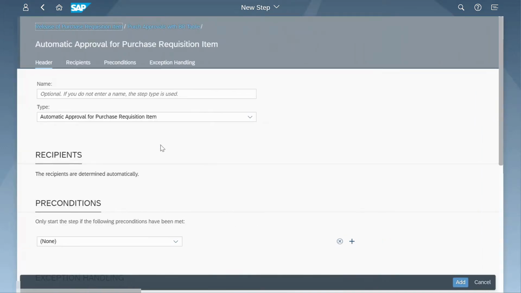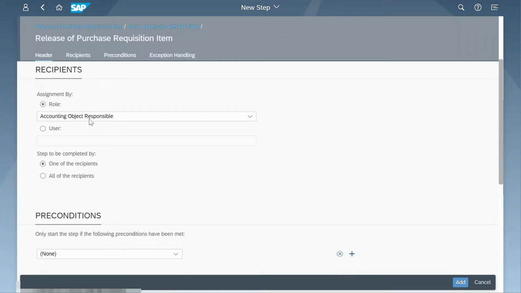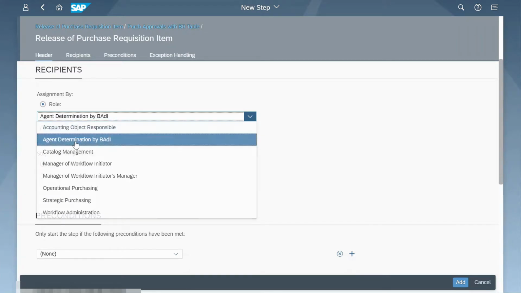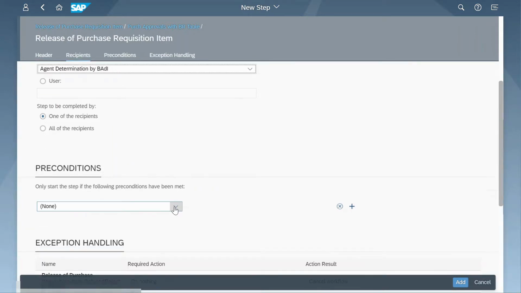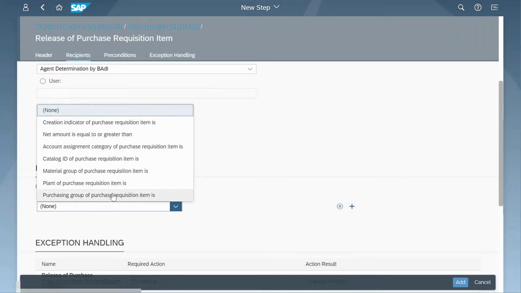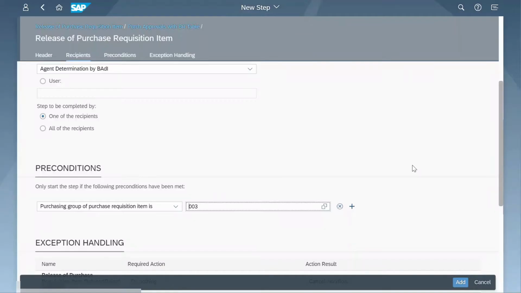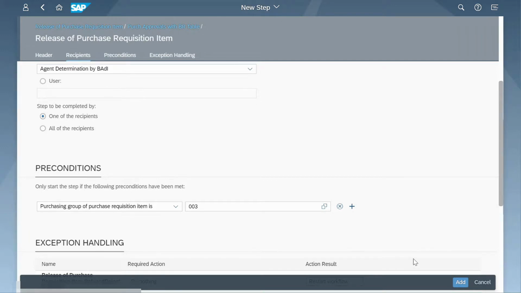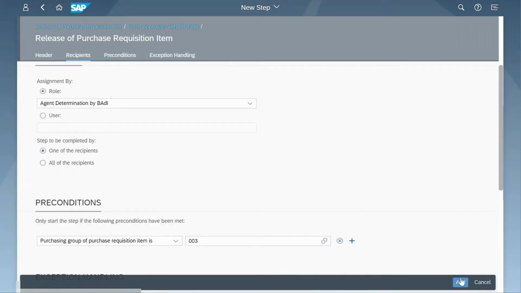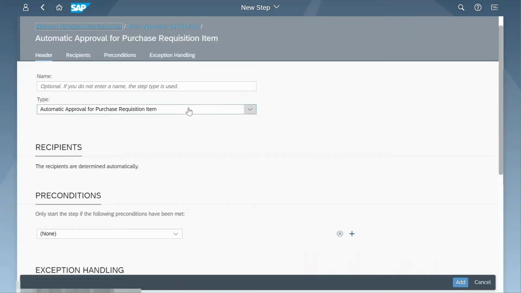So now I'm going to add the determination of the recipients. So I will say that we are looking for the release. I'm not interested in the accounting object. I'm going to go with agent determination by BAdI. And I'm also going to add here the purchase requisition group is going to be 003. And I'll restart the workflow if it's rejected. Okay, so that's perfect. I'm going to add that one, and then I'm going to add a second level of